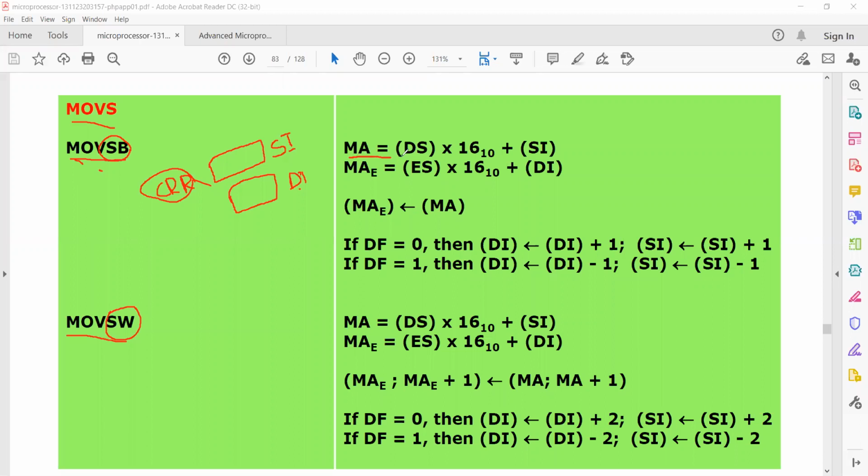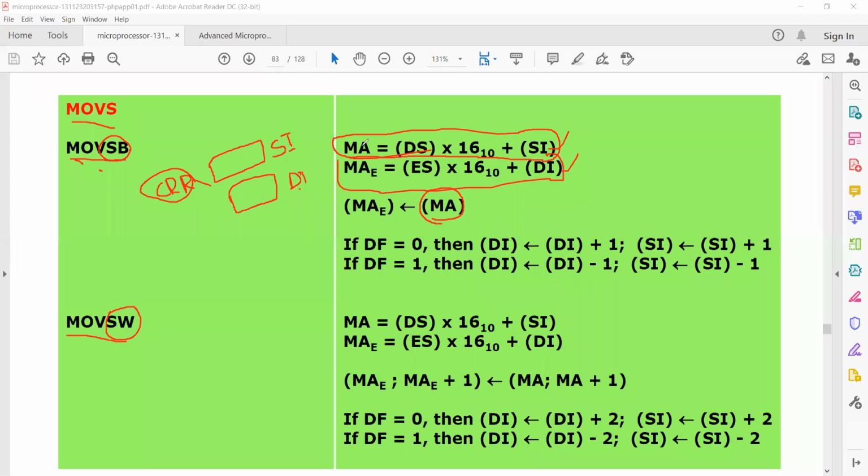So this is the effective address of the source operand, which uses the source index register, and this is the effective address of the destination operand, which uses the destination index register. The string present at the source index is addressed here.